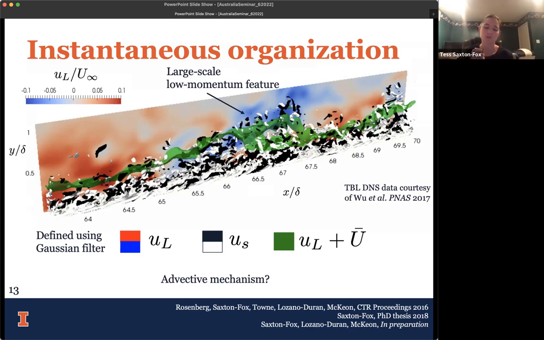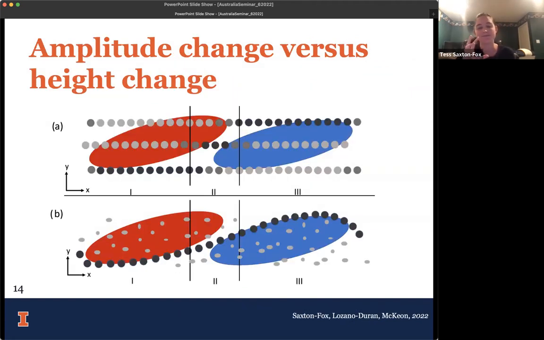So that was a lot of rapid information, but the key takeaway is there's this organization that's been repeatedly observed by a lot of different people, that small scale features and large scale features have a spatial organization, and there's a lot of different ideas about how that organization could be generated. To articulate this question I wanted to ask quantitatively a little bit more cleanly,